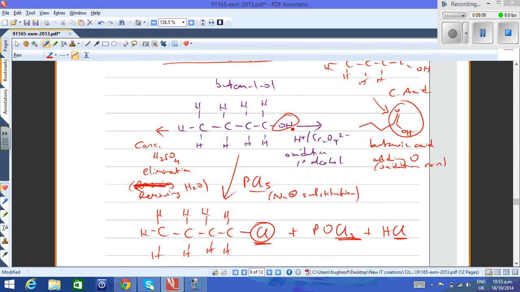And if you remove the OH group from here, and then you have to take a hydrogen from the next carbon, the product is going to be a 4-carbon alkene, which looks like that. And that 4-carbon alkene is back to your but-1-ene, which we had way back in part